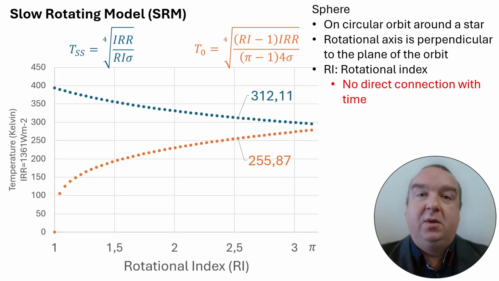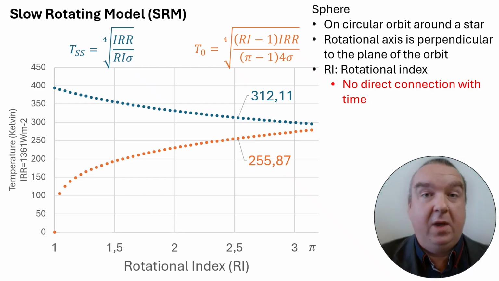So if a sphere has 312 degrees at the subsolar point and 255 as the nighttime radiation, then we can say that this sphere has the rotational index 2.53, and this sphere keeps balance with the radiation of 1361 watt per square meter. Again,